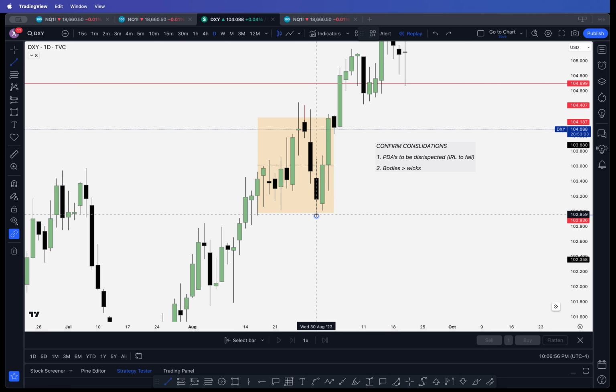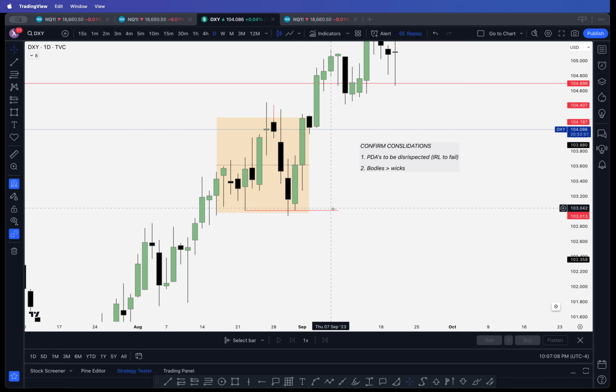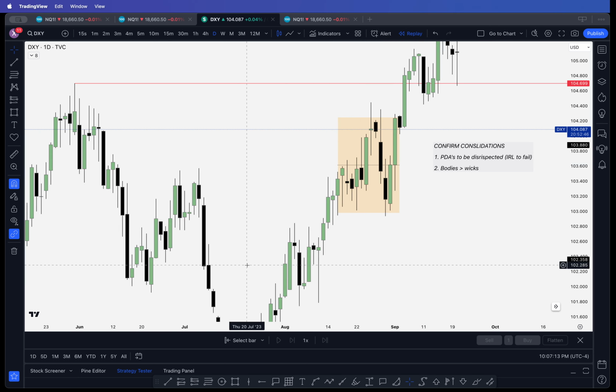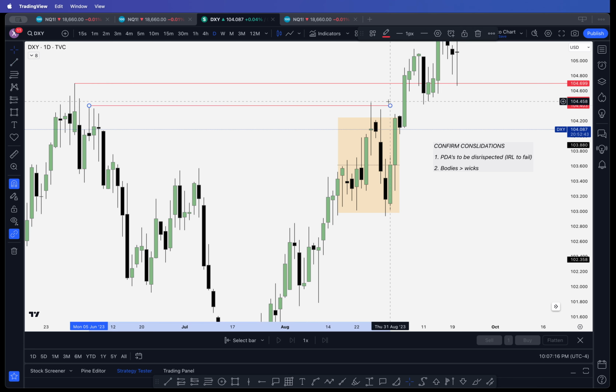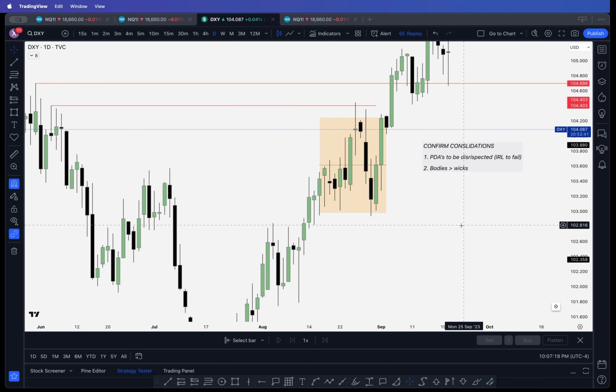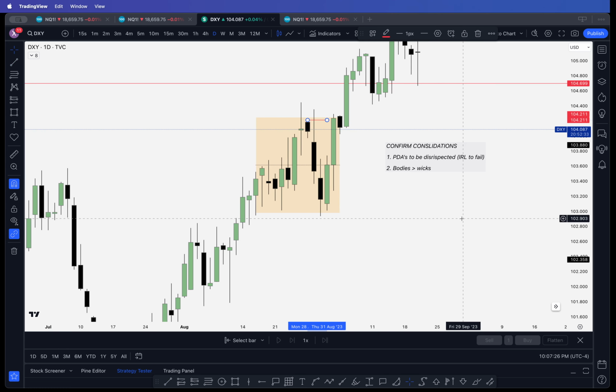Is this closing above or below this low? Even let's just say this low that it sweeps. Is this candle closing above or below it? Above. Okay. What about when we come up here and look left? What about the sweep we had to the left? Are we closing above or below? Then we come in and we form another liquidity sweep of this high. Close below, right? So in this range, we can confirm we are consolidating by looking at PD arrays being disrespected